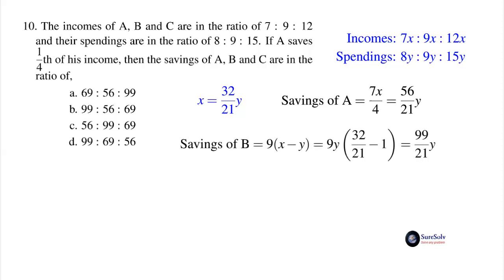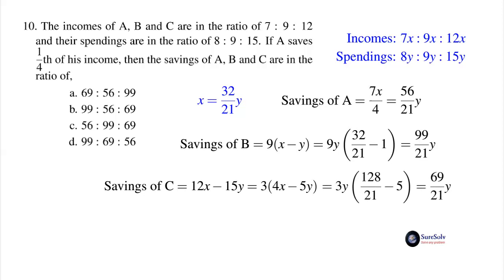Savings of B next is 9 times x minus y equal to 9y times 32/21 minus 1 equal to 99y/21, and savings for C is 12x minus 15y equal to 3 times 4x minus 5y equal to 3y times 128/21 minus 5 equal to 69/21 times y. Take the ratio of the three and you would get the answer as 56:99:69. Answer is option C,